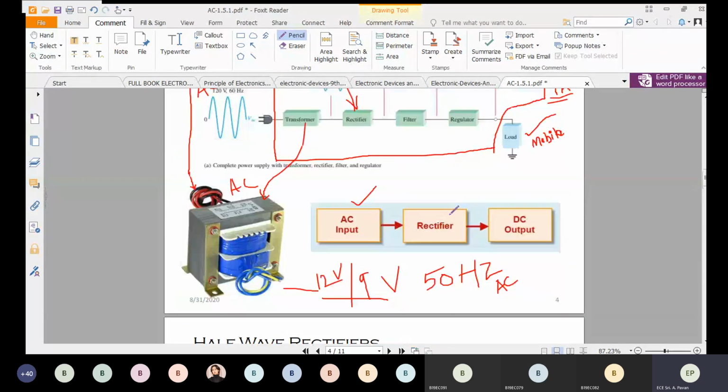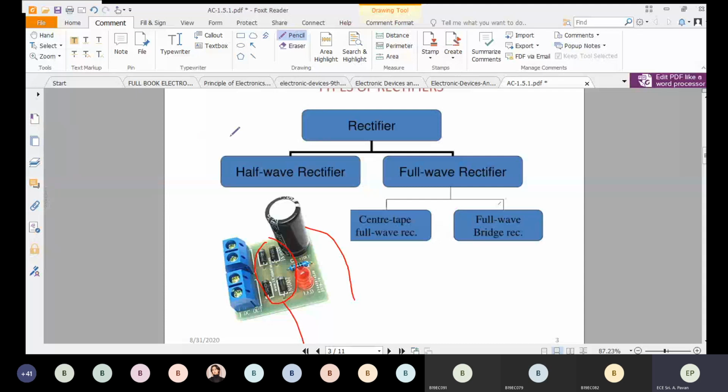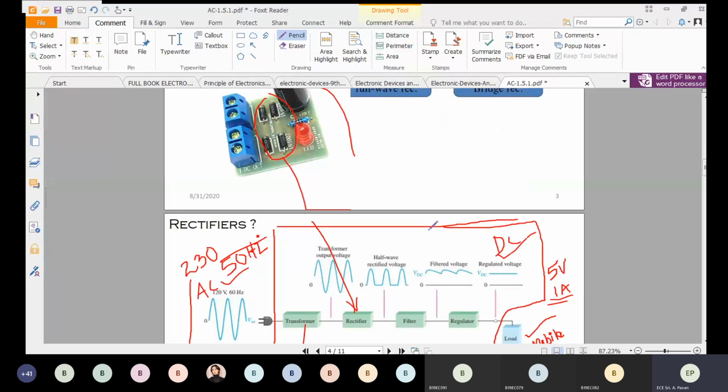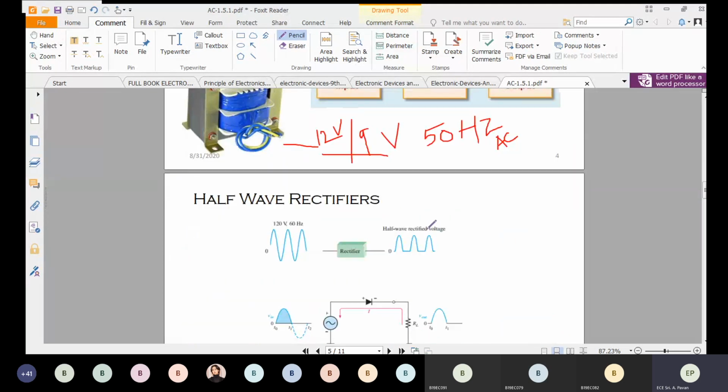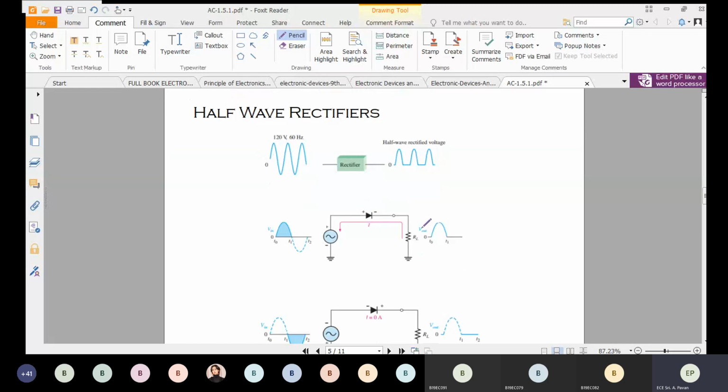So we have divided these rectifiers into 2 categories. First one is a half wave rectifier. Second one is a full wave rectifier. It is quite easy to remember these two after watching the examples. Initially we go with the half wave rectifier. As I said earlier, the input for the rectifier is an AC wave. AC means time varying. Time varying means, see here.